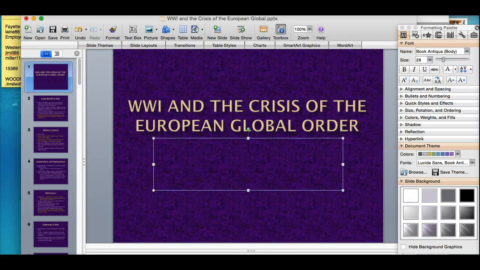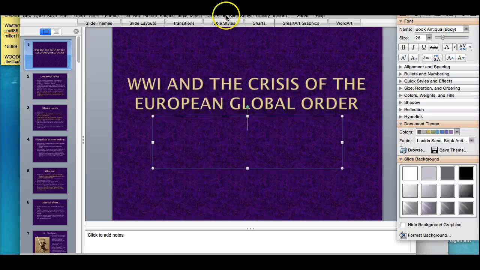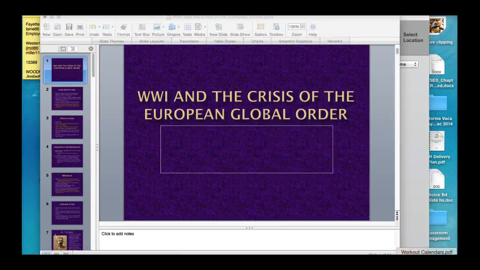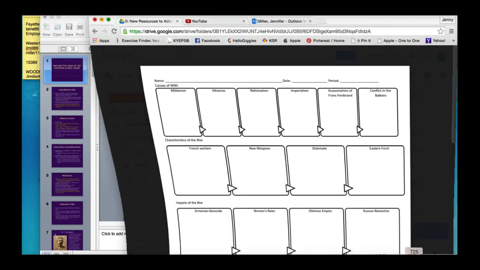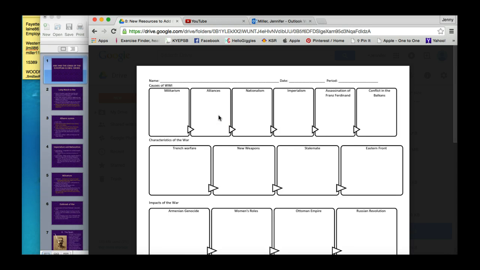Okay, guys, so today what we're going to be talking about is World War One, a pretty brief overview of the causes, the main events, and also the legacy and the treaty of it. So it's again going to be the causes of the war, the main events, the characteristics of the war, and the outcome of the war. So make sure you guys have the graphic organizer and you're filling it in as we move along.